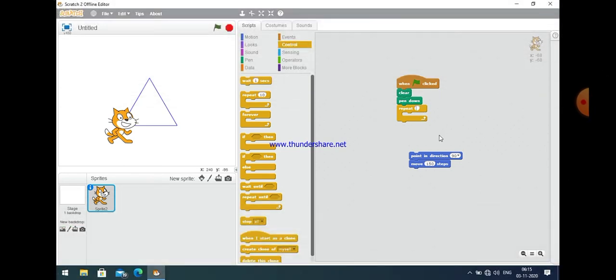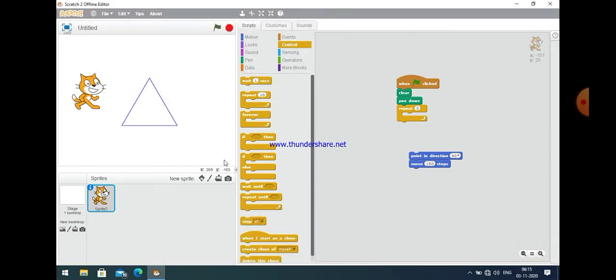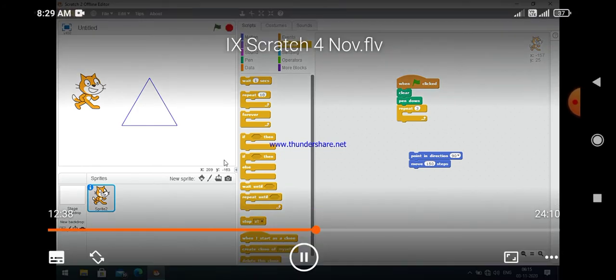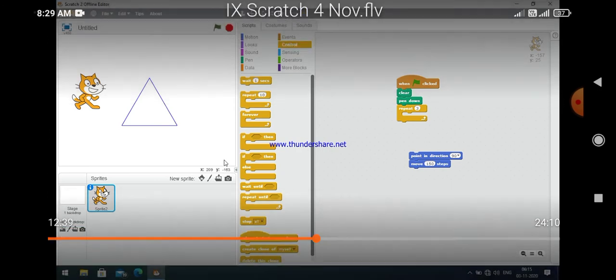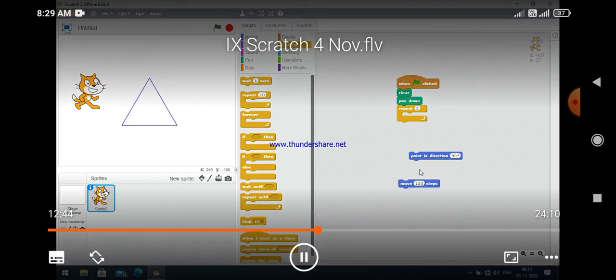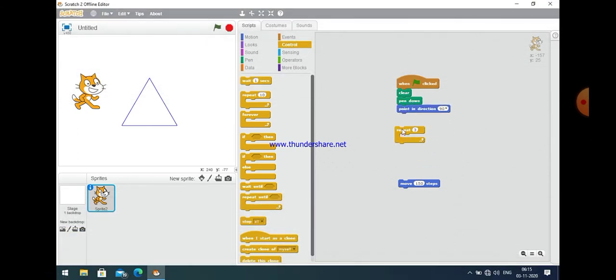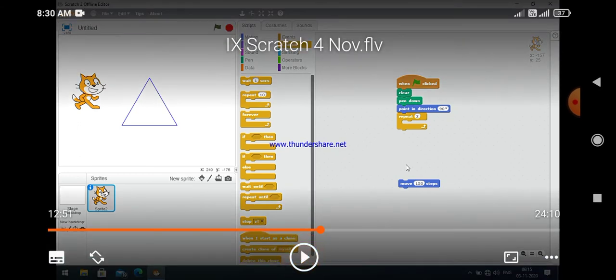I just use repeat 3 because I want to make a triangle. So point in direction 90 degree and move 150 steps. These are the two commands, and if these two commands repeat 3 times, then obviously it will make a triangle. Let us see it. You can put them inside the repeat command.